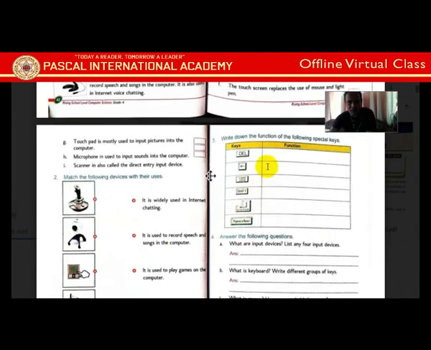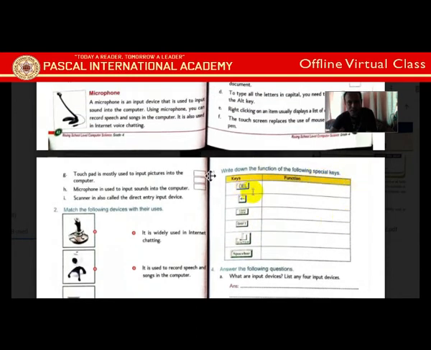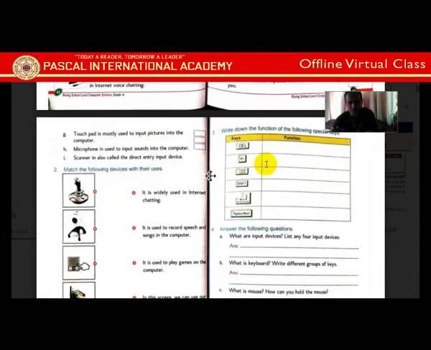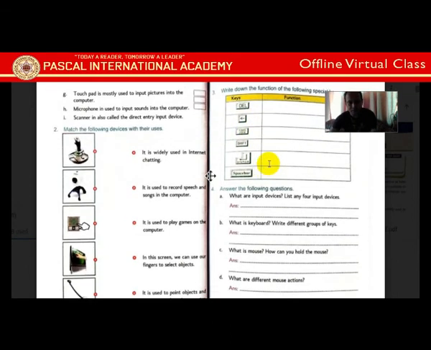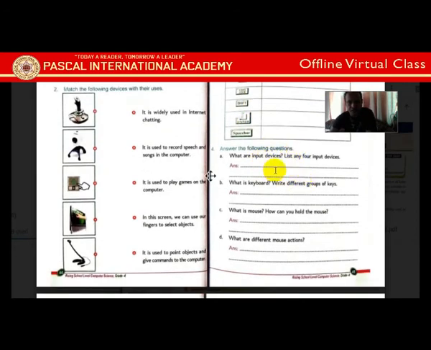Next one is write the function of the special key Del. Del means delete key. Wherever your cursor is, if you press it, it will delete the text after it, or it can delete the file or folder. It has lots of functions. Likewise left arrow: to move your cursor left, we use left arrow. Caps lock is used to make all the alphabets capital or small. Like that, shift key is there, enter key is there, space bar is there. You do it yourself, read the book and do it.